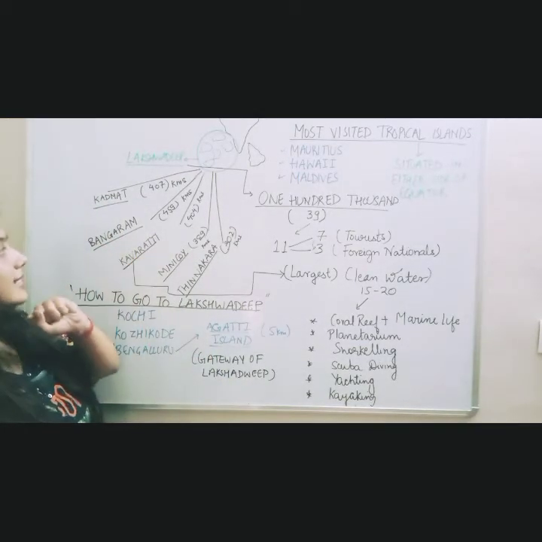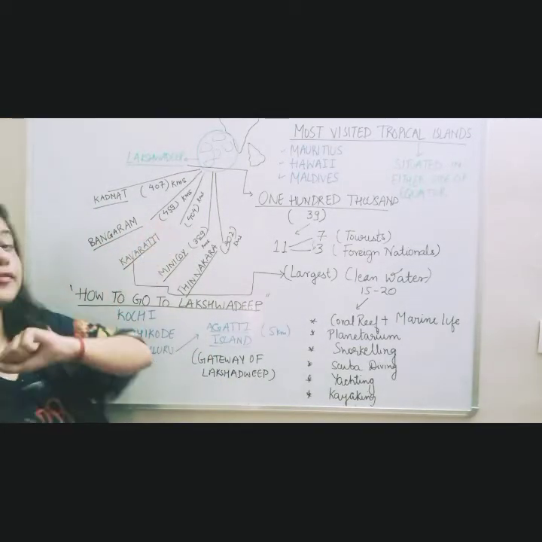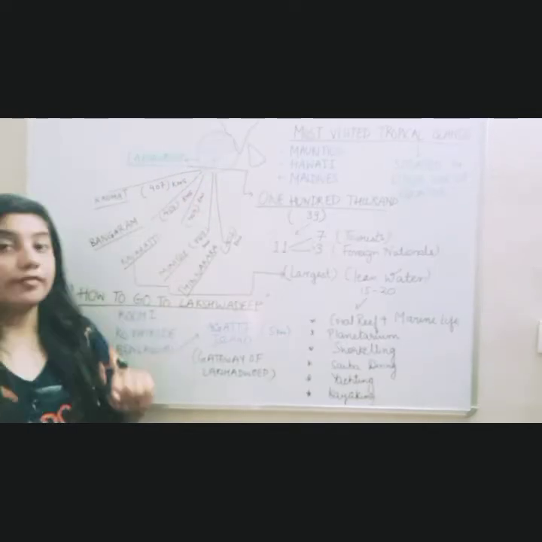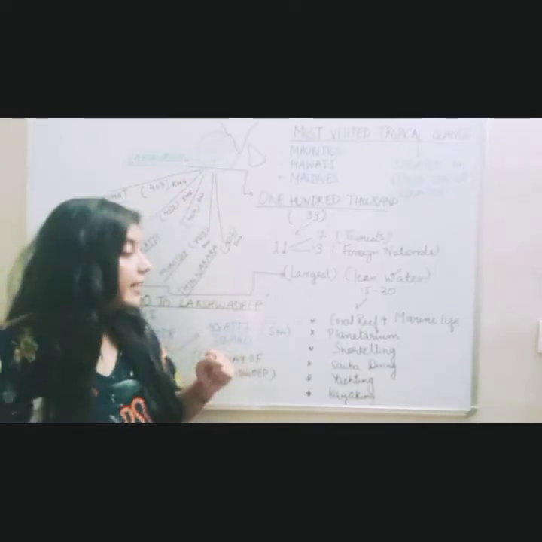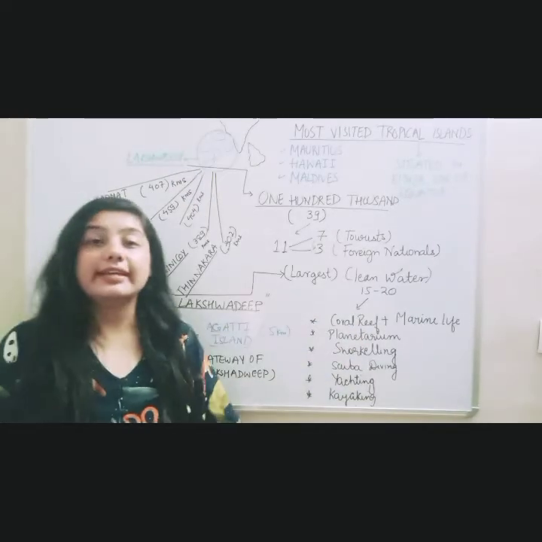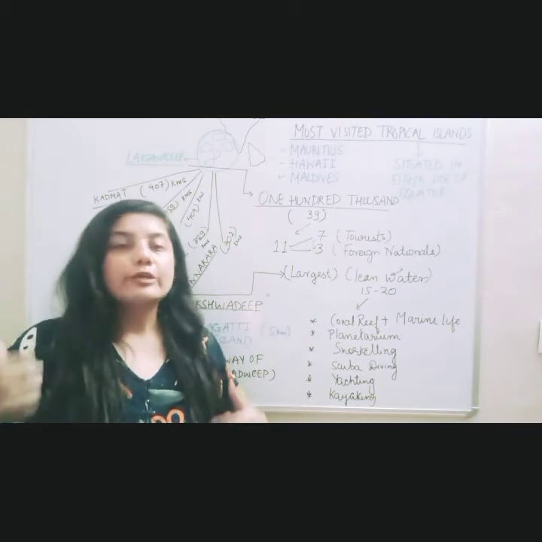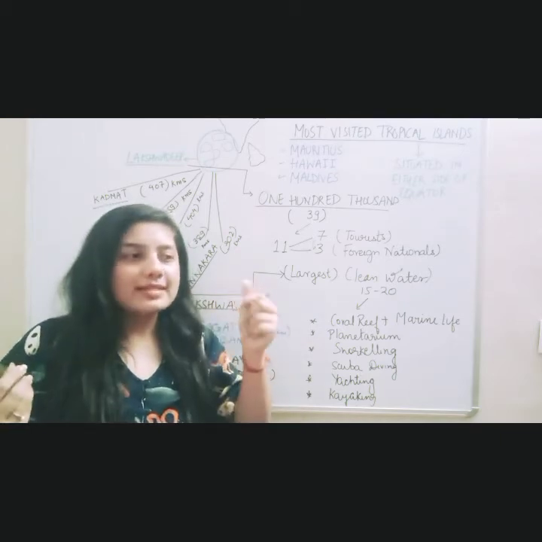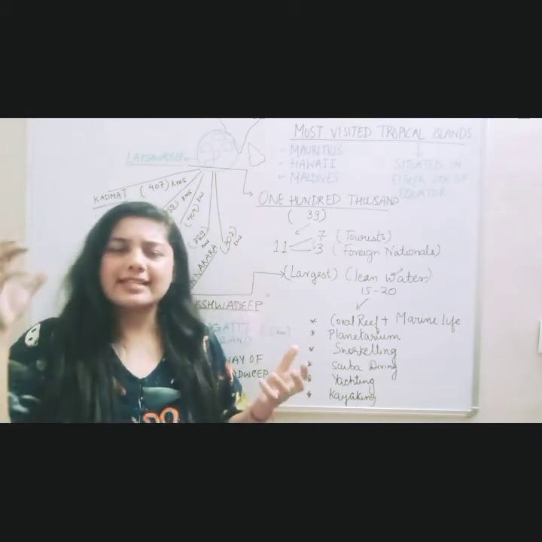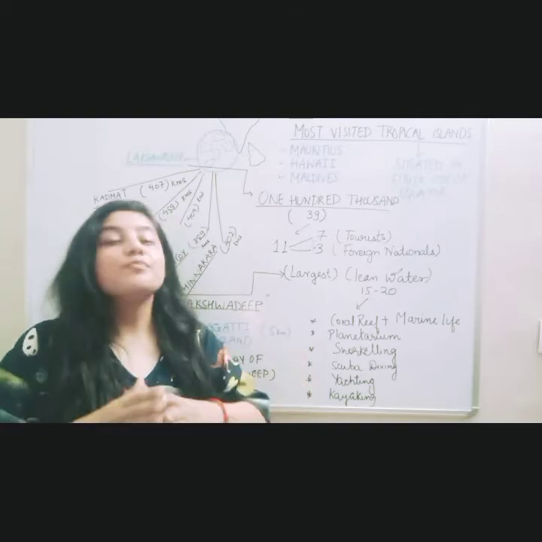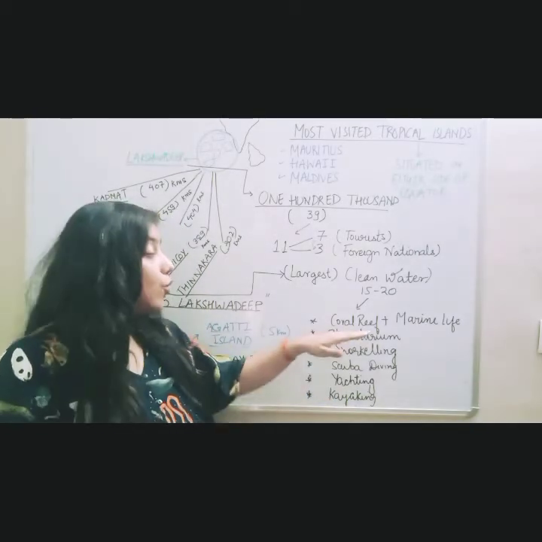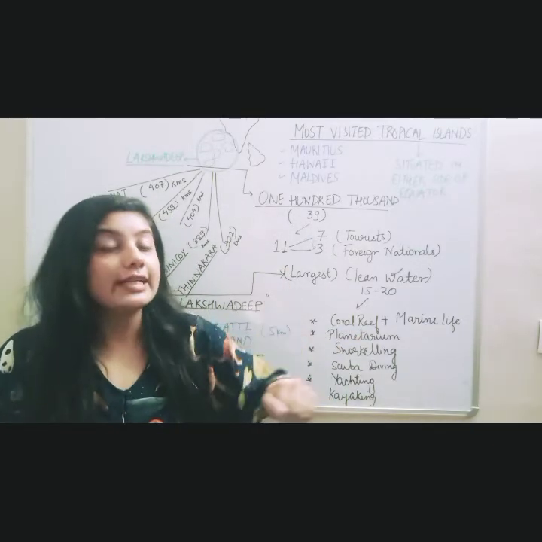Here, as you can see, it was around 404 kilometers inside the region of Lakshadweep. Now, what is the famous thing there? First is coral reef and marine life. If you go inside the water, you'll be able to see this coral. These corals are a certain kind of invertebrates that stick on the stones, etc. So there's a beauty of marine life and coral reef that you can see when you go inside the waters